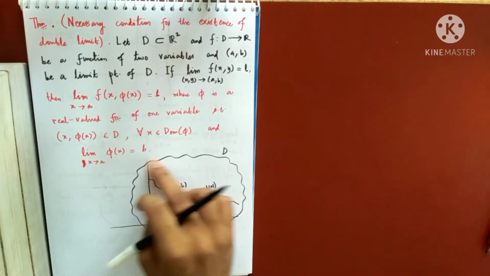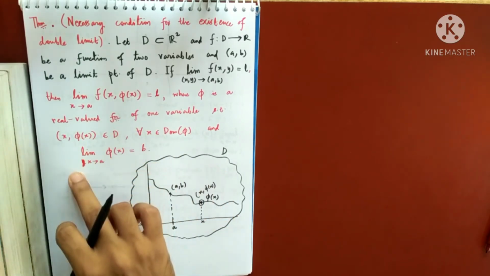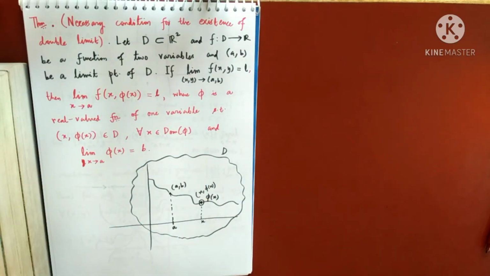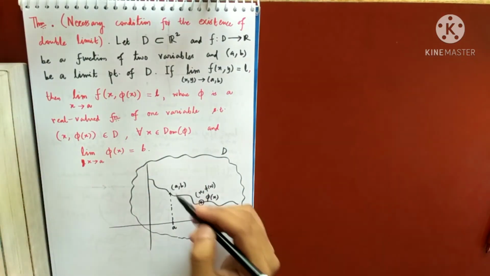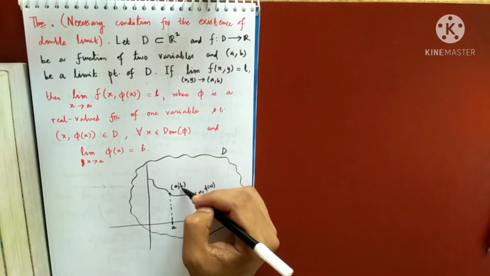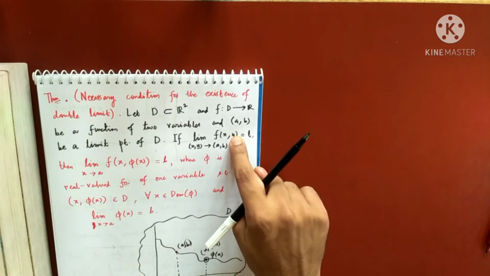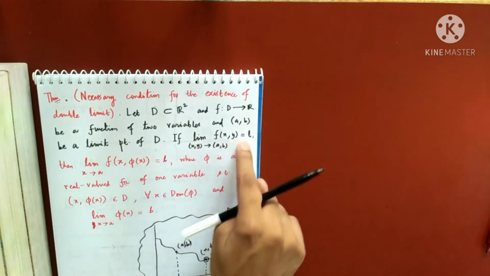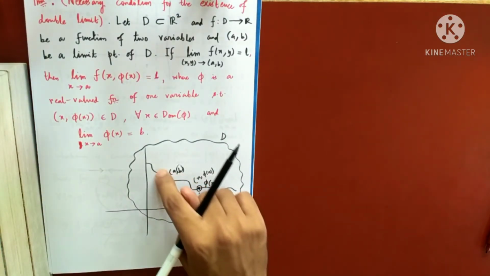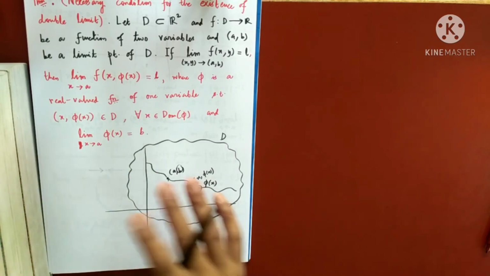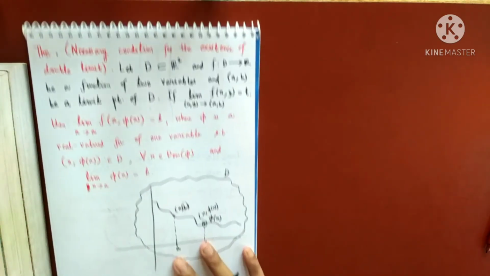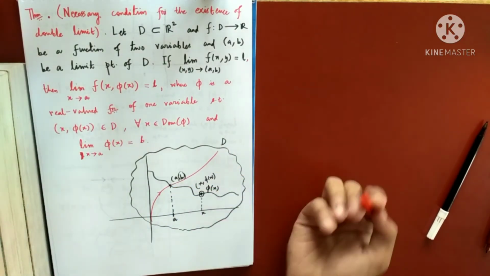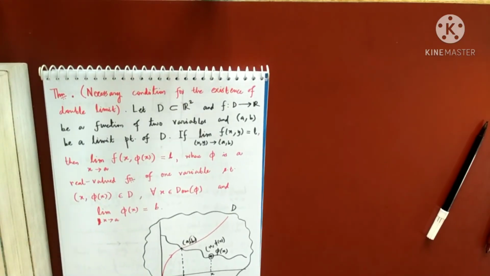This I am talking about a single variable. This is not multivariable. This limit definition will be a simple epsilon delta definition that you have done in the real analysis course. So the limit of this function at the point A will be B. When I am replacing y by phi x and phi x is approaching B, then this will also be L. In simple words, if you go towards (a, b) using any path, then also the limit will be L. That is what is stated in the theorem. If I am going using this path, then also the limit should be L. This is what the theorem is stating. Am I clear or not clear?